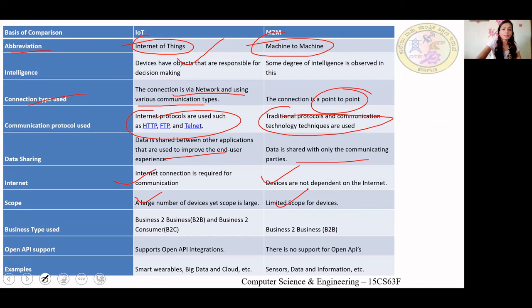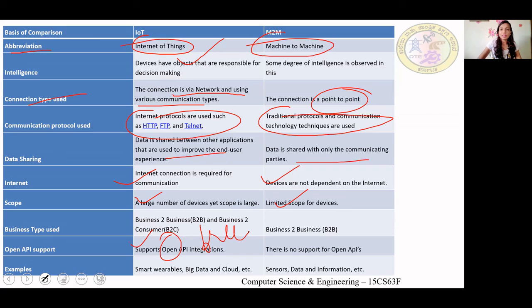Then open API support. Can anyone tell what is open API? API stands for application programming interface. So what is the open API? Yes, open source APIs, free APIs.